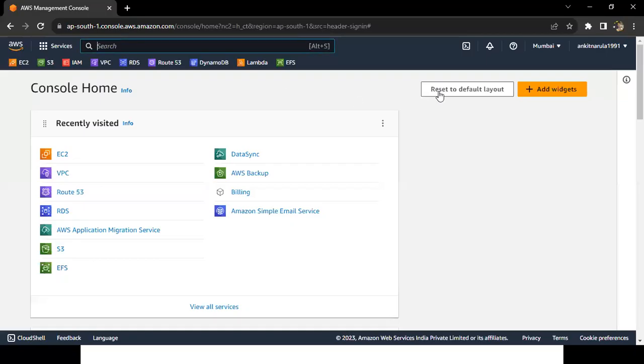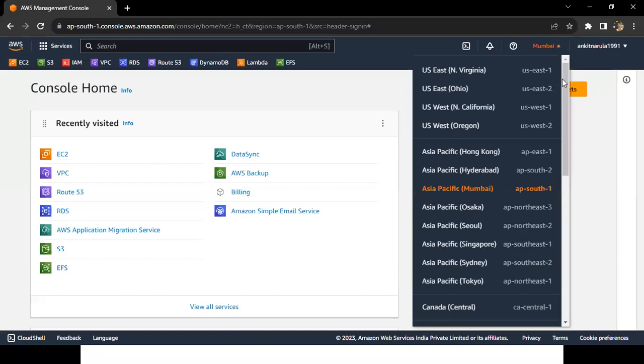And where can we select that particular location? Here we can see. In the right hand side at the top, here we are able to see the location. And in the right hand side, here I'm able to see the username which I have given to my account. While creating an account, we give a username. This is my username, Ankit Narula 199. And as per my AWS account, it is selecting the Mumbai region. Means Mumbai data center. And if I click on Mumbai, here I'm getting the full list of regions which are